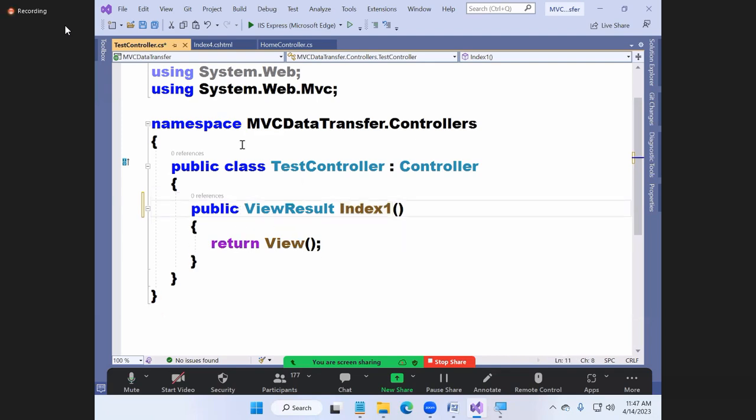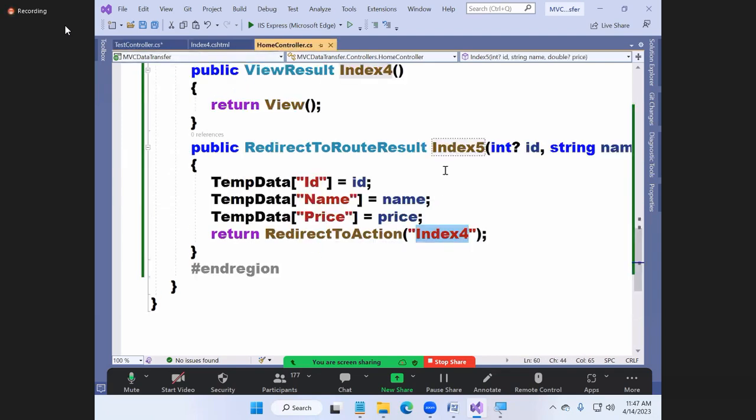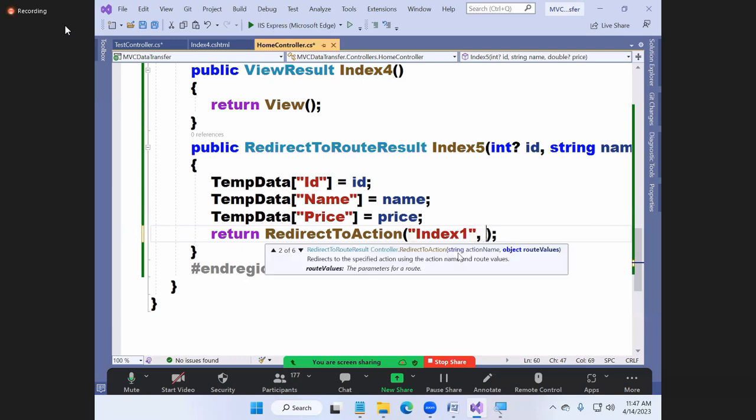Correct? Okay. From where do I want to transfer now? From the Index 5 action method, I want to jump to which method? Index 1. First it will check in the same controller, then the overload method.